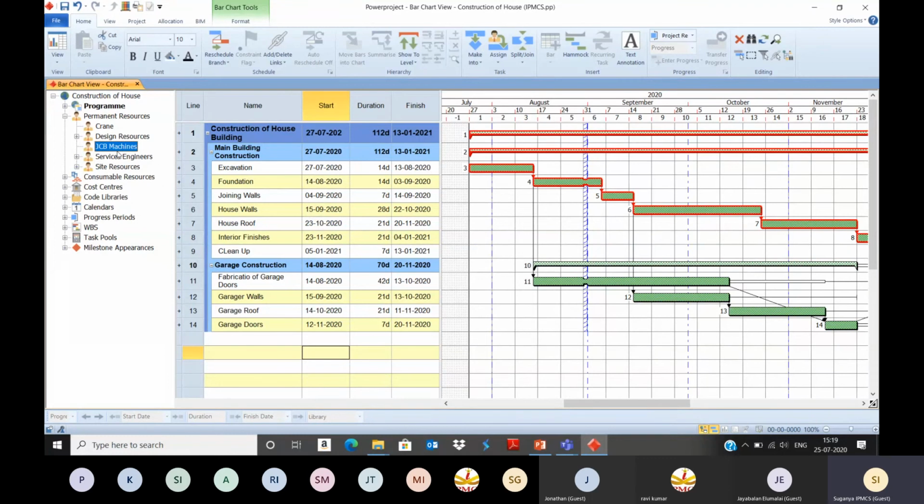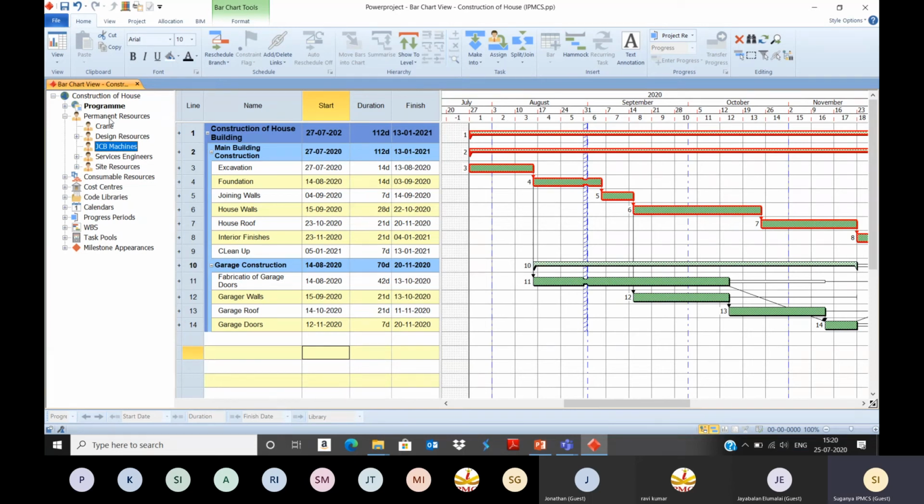Similarly, I want to create the human resources also. Either I can create individual resources like project manager, planning engineer, or I can create team resources. For example, middle level resources, top level resources, top management, senior management, and bottom level resources. Team 1, team 2, team 3, like that different teams of resources can be created. Let me show you how to create a team of resources. What are the advantages of creating the resource separately as well as a team, we will see.